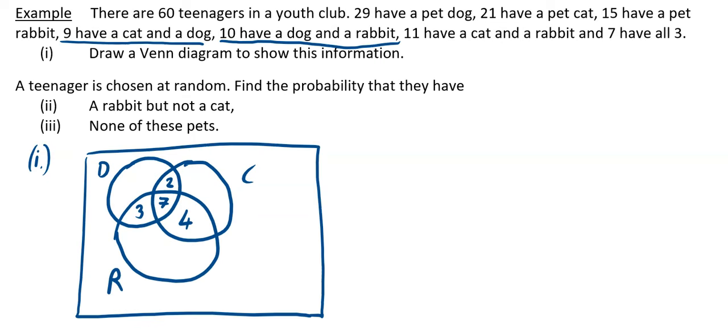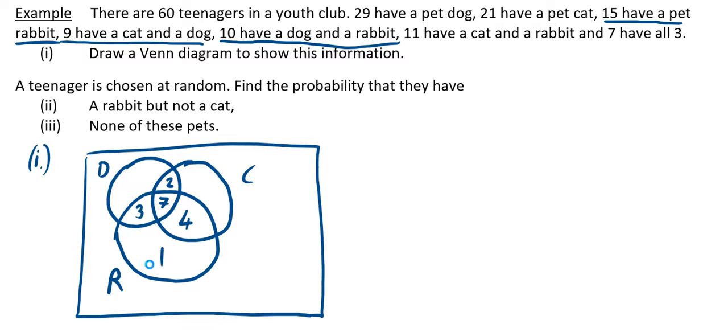the overlap of all 3, the overlap of 2. Now we're on to the only ones. So it says 15 have a pet rabbit. So that means 3 plus 7 plus 4 plus this mystery number must add up to give you 15. So you do 15, take away 3, take away 7, take away 4. And if you do that, you will get